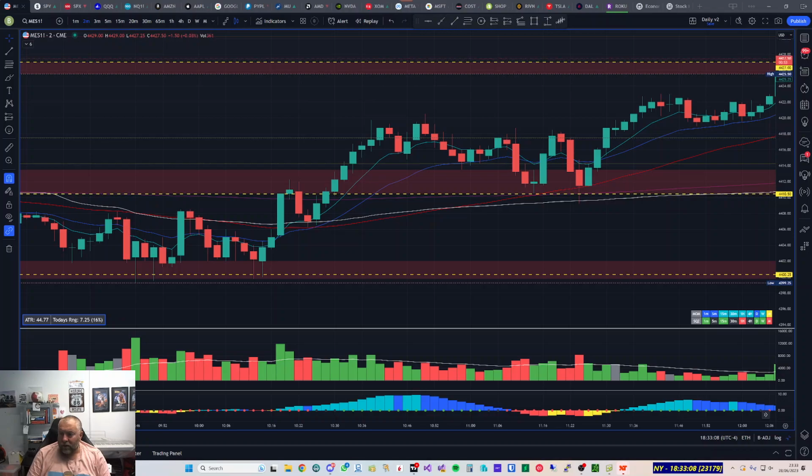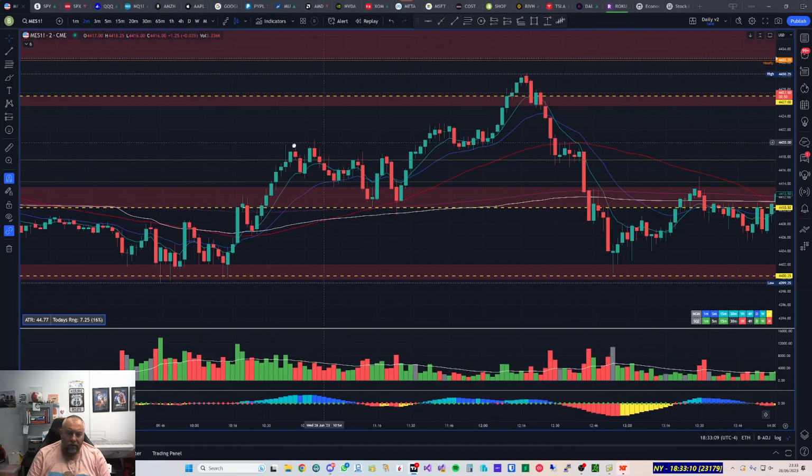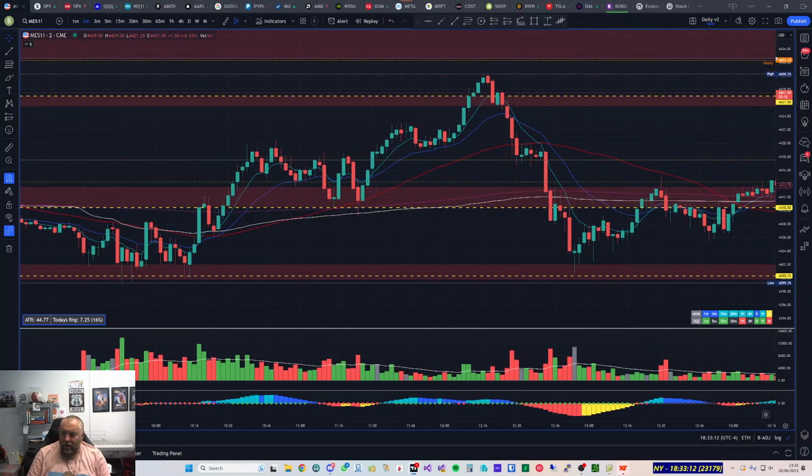Let's just zoom out a bit. We had a nice big pullback later on, and I was still watching the market, so I missed this trade, which is not a problem because I didn't want to get FOMO, and I stayed out of the market because then we saw this bit of chopping around. Potential double bottom here and pullback to this area again.